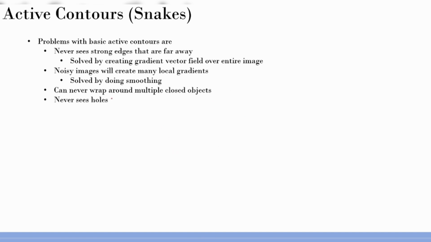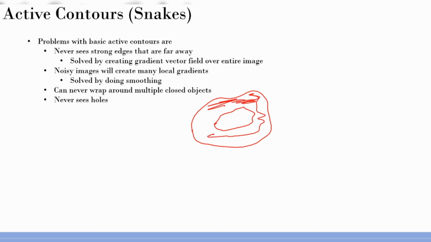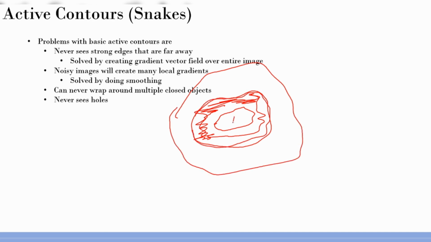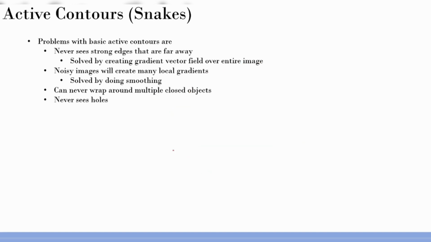And then it never sees holes actually. So what I'm saying is this. Again, this is your shape, and then there is filling here. So this space is filled, but there is a gap here. If I put an ROI like this, it just converges to this, right? But the problem is there's a hole here, which is unidentified, right? So these are the issues, and these are the places where if you have images like that, active contours cannot be used, or it's useless.